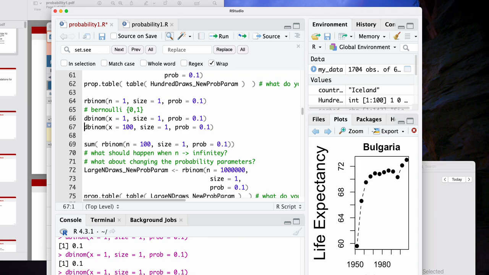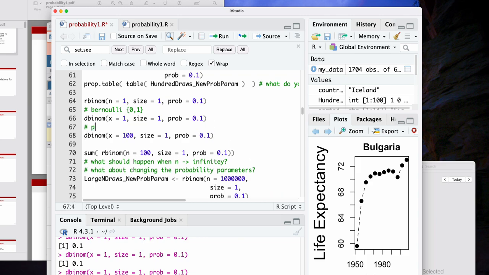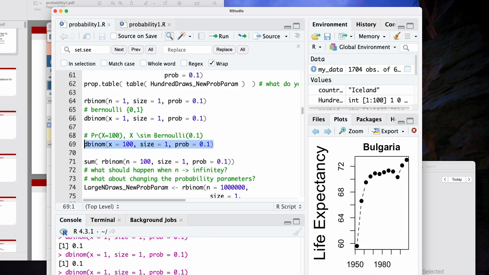This is essentially asking us, what is the probability that x equals 100, where x is Bernoulli distributed? So this is basically what it's saying here. So does someone want to take a crack at what this should be once we execute the code? What do we get, and why do we get it? So what is the probability that when I flip the coin, it takes on value 100 in this way of quantifying coin flips? What's your sense? 0. What makes you say that? What are your thoughts?